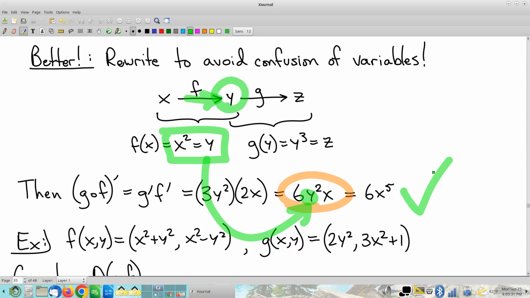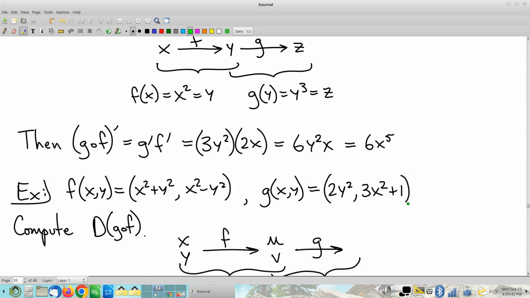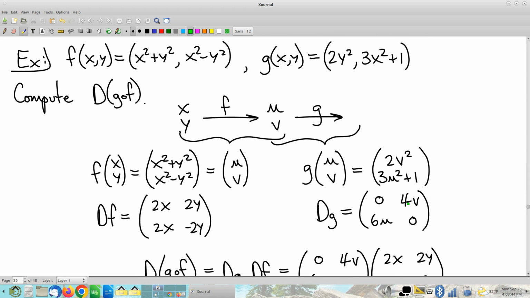I started this as a discussion about single variable because it's so much easier to see what goes wrong and how things are improved by avoiding confusion of variables. This, of course, is a multivariable calculus class, and my real motivation here is to point out that the same worry comes up in multivariable, and we have the same solution. A couple of functions given, both written in terms of x and y. No problem, perfectly legal, not an issue at all,